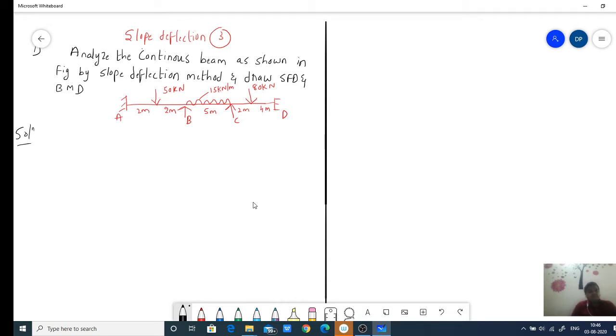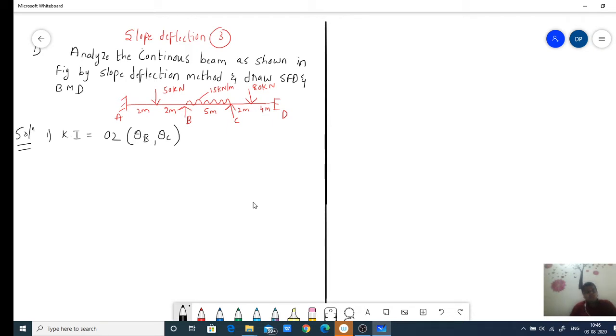So whenever this type of question is given, the first step, whenever you are finding the solution for this kind of problem, will always be to find the kinematic indeterminacy. The kinematic indeterminacy, you know, is nothing but the number of non-zero displacements or rotations. So here if you see, there is rotation at B and there is rotation at C, so that is 2. I can write it as theta B and theta C. These are the two unknowns which I need to find.